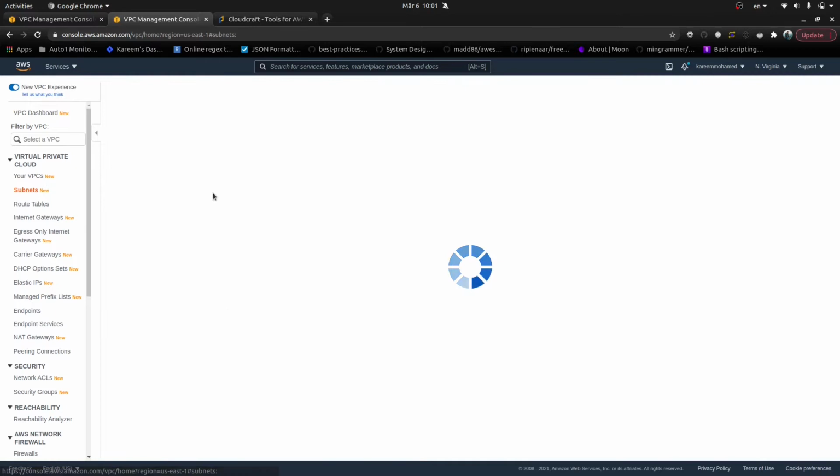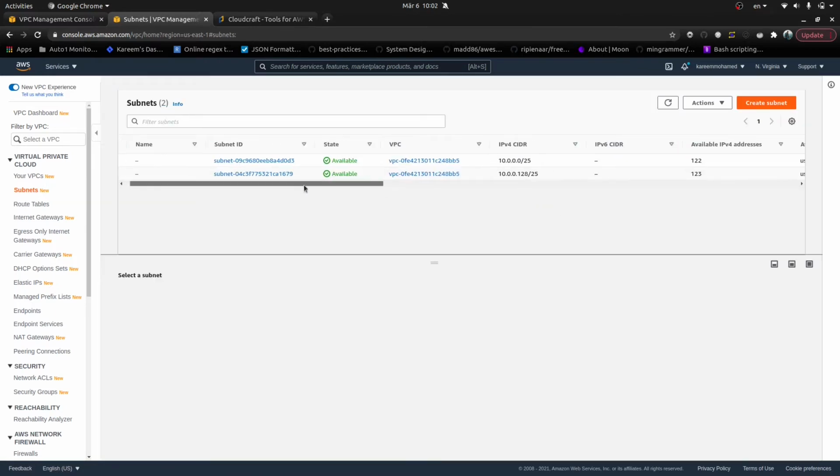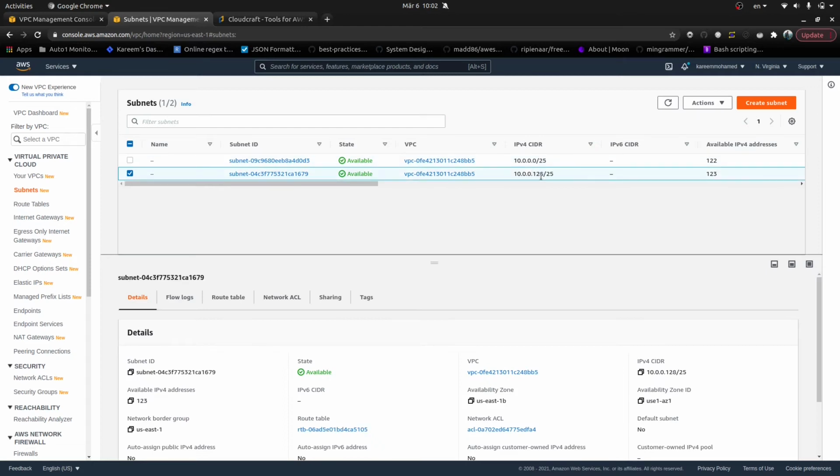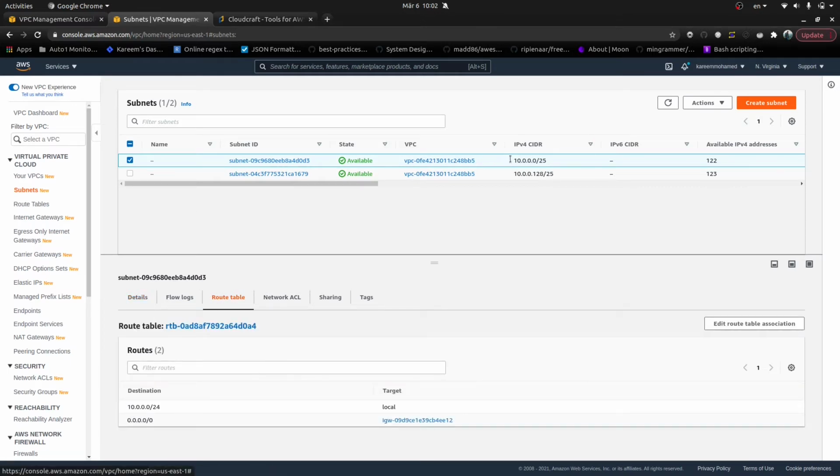So let's see what subnets we have. You can see from the CIDR block we can figure out if it is a public or private subnet, but also if you go to the route table you can see that this one routes all traffic to an internet gateway, which means it's a public subnet, and this one routes all traffic to a NAT gateway, which means it's a private subnet. So I think everything is working as expected. Next I'm going to create the public EC2 instance and private EC2 instance with the security groups, and try to SSH to them.